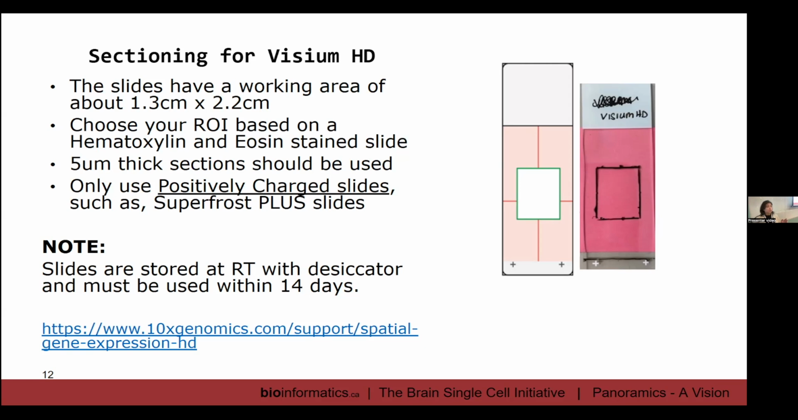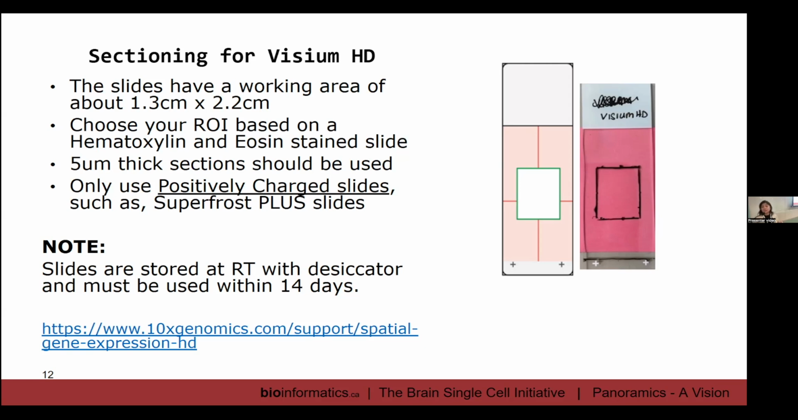Usually a pathologist will do this ahead of time on an H&E slide. They'll tell you where the area is that you want to take, and that region is what you're actually going to ensure is within that box. So usually that's done by a pathologist. Now, once you do that, you're going to take a 5-micron section, which is not that thick, and you're